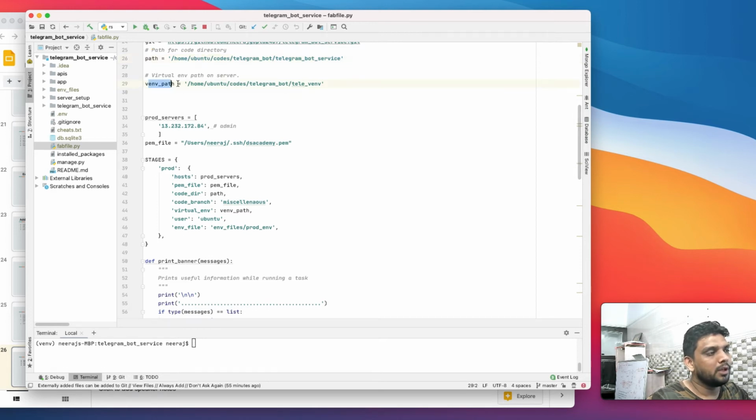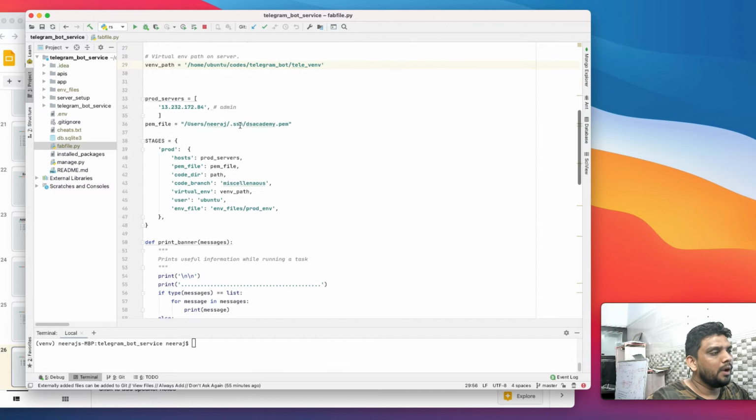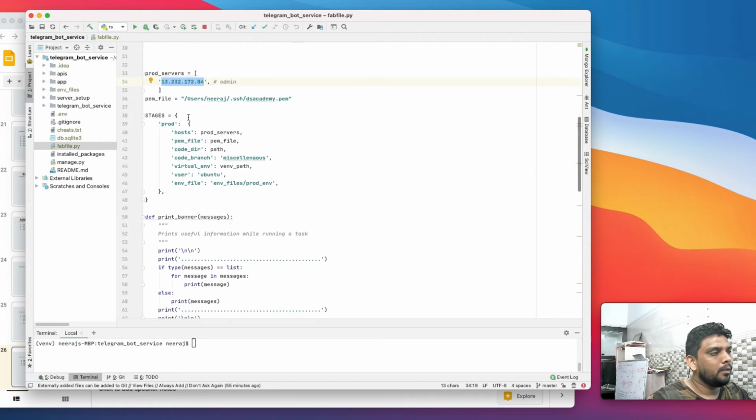This is my virtual env path, and this is my production server IP. Since I have only one IP right now, I have just added this one. In case you want to deploy to multiple servers for the same service, you can do that. And this is the path for my PEM file.